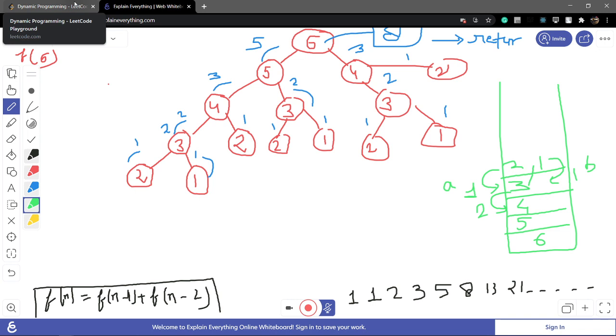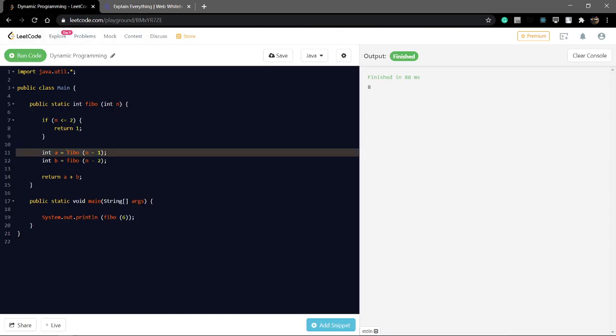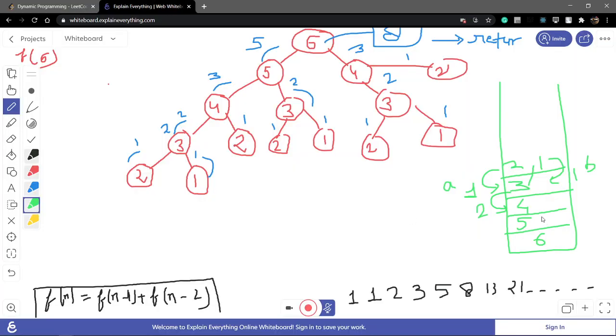Now 2 for 4 returns 3. Now this 4 returns 3. Now the 4 returns 2, and this 2 returns 1, and a plus b is the summation, that is 3, and this 5 returns 4. So this is how we properly make the stack and come back.